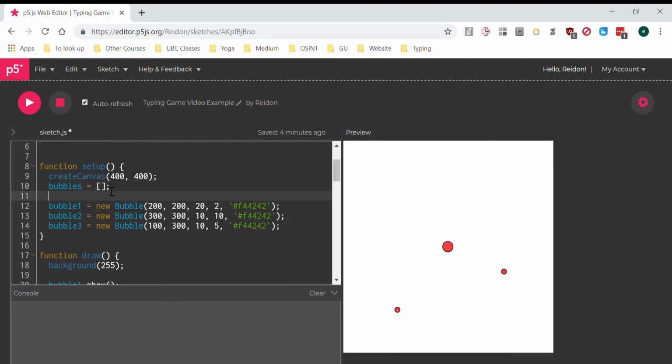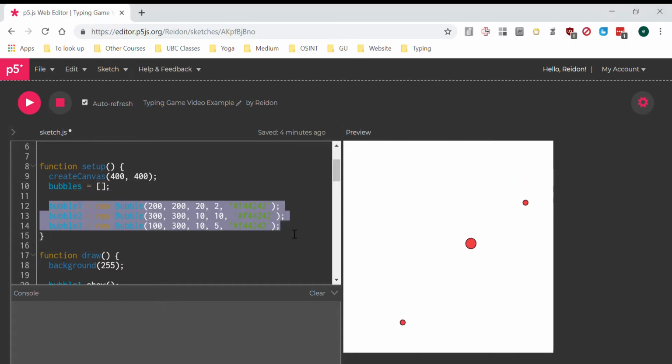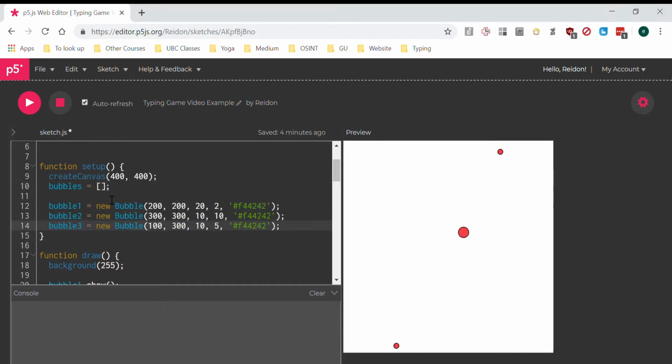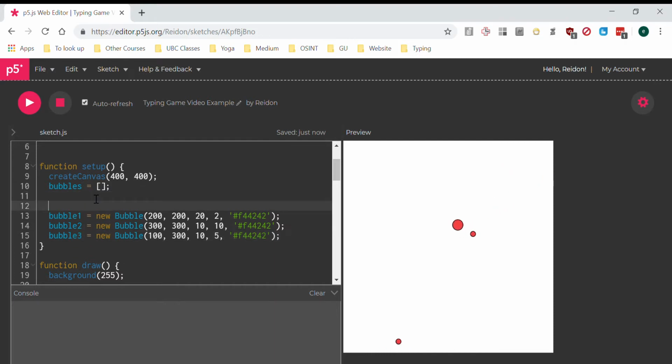This is how we actually create a list, with these two little square brackets that just let the program know, hey, we're making a list, and right now there is nothing in it, right? And then what we're going to do is add in what we have as our bubbles here into our list, right? So instead of saying bubble 1 equals new bubbles, we're actually just going to say bubbles dot